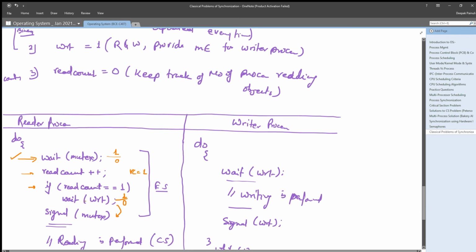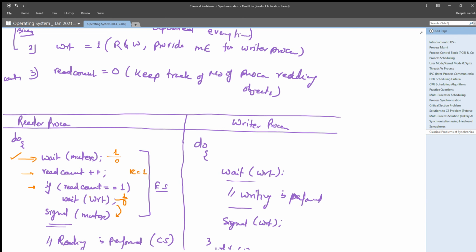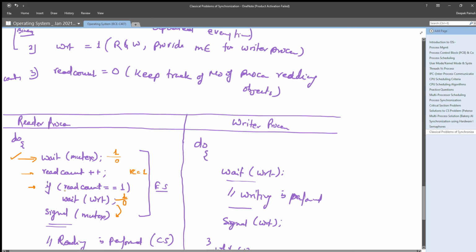That's why it has performed this if condition and wait operation. And if the wait operation is successful, that means no writer is writing on that particular object, right? When it has ensured that no writer is writing on that object, only then it signals mutex. That means it has incremented the mutex value from 0 to 1.